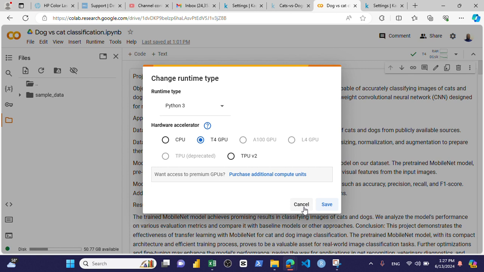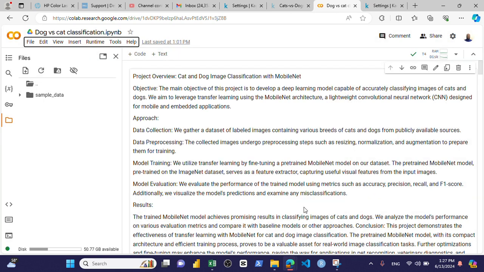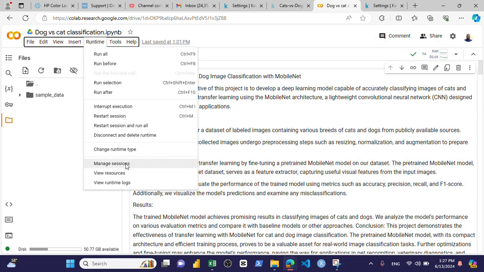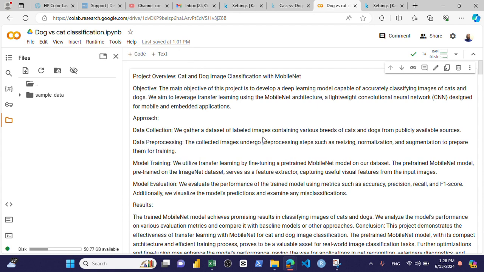But if you are using a CPU, it's going to take a long time. It could take you days, or hours, to finish the compiling. But when you use a GPU, it's pretty fast. That's why I advise you to use a GPU. You can always use a GPU free of charge on Google Colab instead of using your IDE,